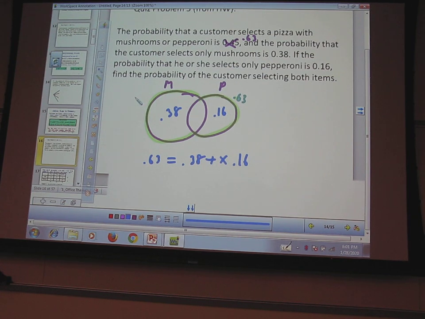Like 0.09. No, I think she changed it. Yeah, because when I add 38 plus 2, so we have to find the middle. And it's just like,